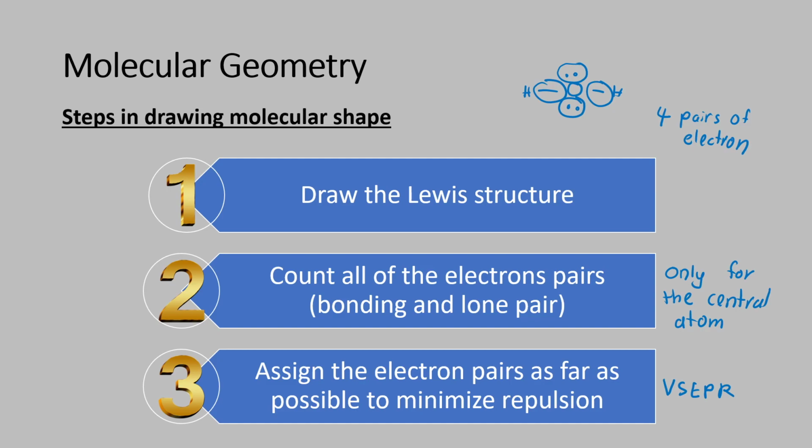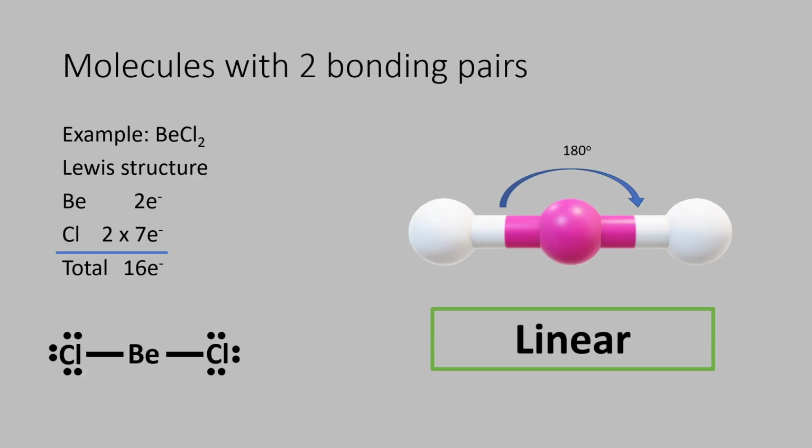Okay, now kita akan tengok kalau dia ada dua bonding pairs. Kalau dia ada dua pairs. Okay, what if kalau ada dua bonding pairs? So, contohlah dia suruh buat beryllium dichloride. So, the first thing is you buat Lewis structure. Nak buat Lewis structure, you kira dia punya valence electron kan. And then you buat. Dah siap. Okay, one thing to take note. Okay, contohlah dia bagi is barium dichloride